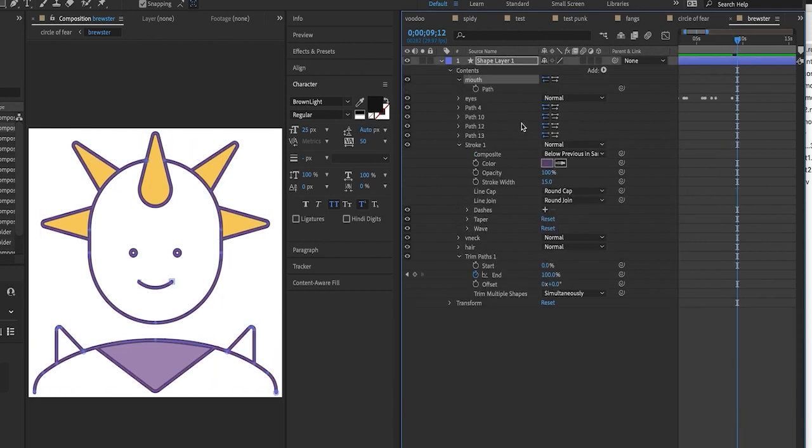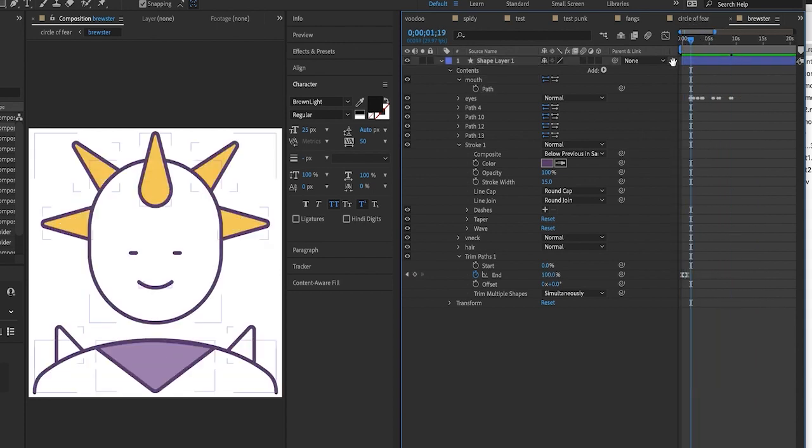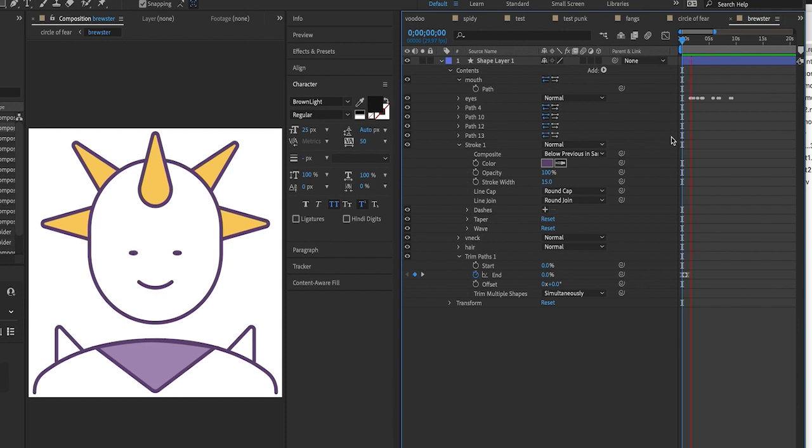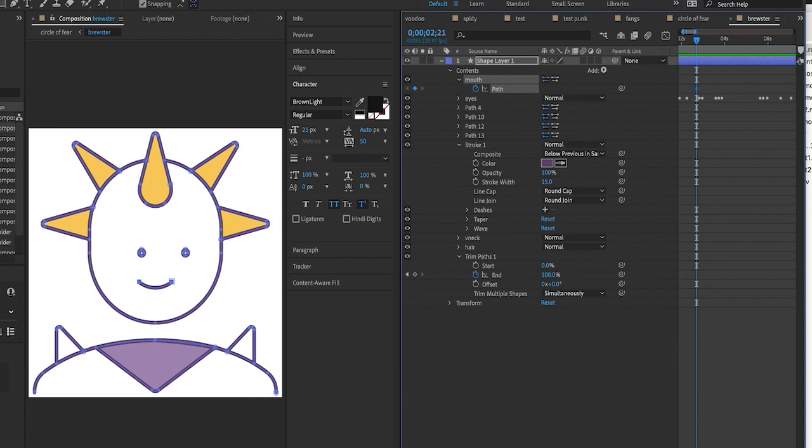And it might be interesting, where is his mouth? It's here. So I'll show you how to animate these paths. You have him blinking, he's looking around, blinking. So maybe when he looks over there, he gets a little sad. So we'll bring this up 10 frames to 301, and